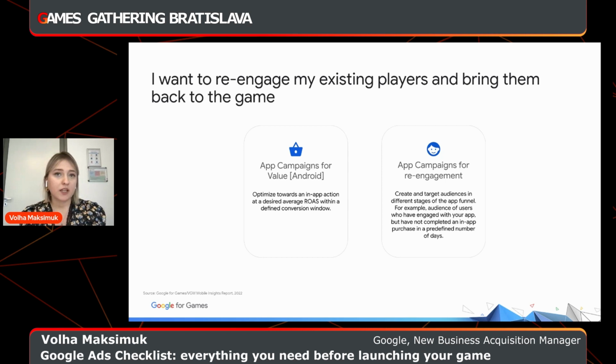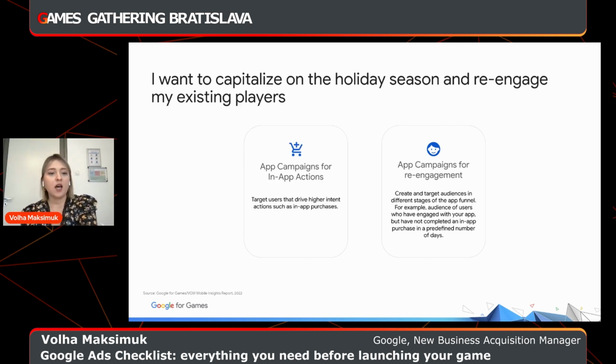However, this campaign is also something that you are coming to with a little bit more experience in running Google campaigns, as you already need a minimum install base of 250,000 installs. You also need a specific Firebase setup, which we are gladly also, of course, helping with. And you also need to have deep linking in your app to make sure that your campaign for engagement actually works and you will be able to run it. But this is something to keep in mind for maybe at a later stage of your app development, that you actually will be able to re-engage your existing players and make sure you're getting the most out of this.